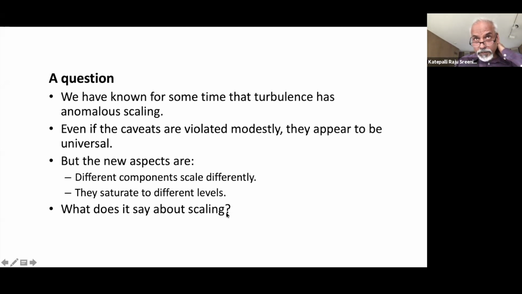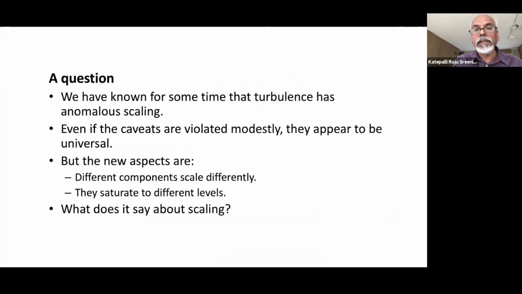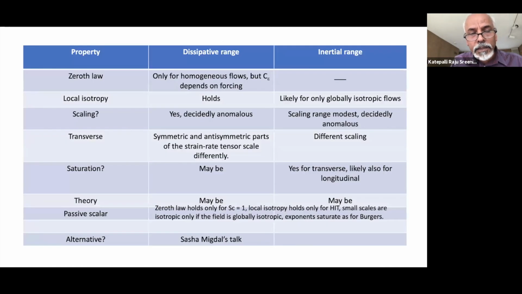Initially, it was thought everything is homogeneous. Then we thought, well, it is anomalous. It took a long time to establish that. Now, new features are that different components scale differently, which is something that we had known from before as well, but now much more definitively. And then the fact that they saturate, I don't know what it all means for scaling. So I will leave it for later discussion. Here is a bigger table which says about various things, but I will not dwell on it in view of